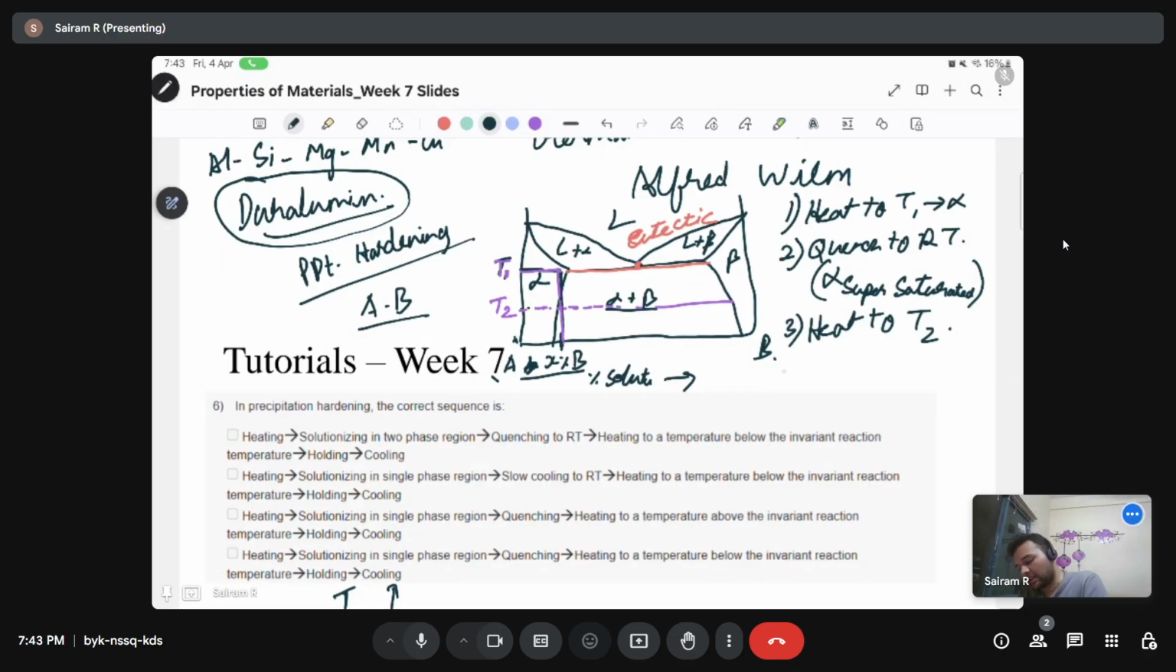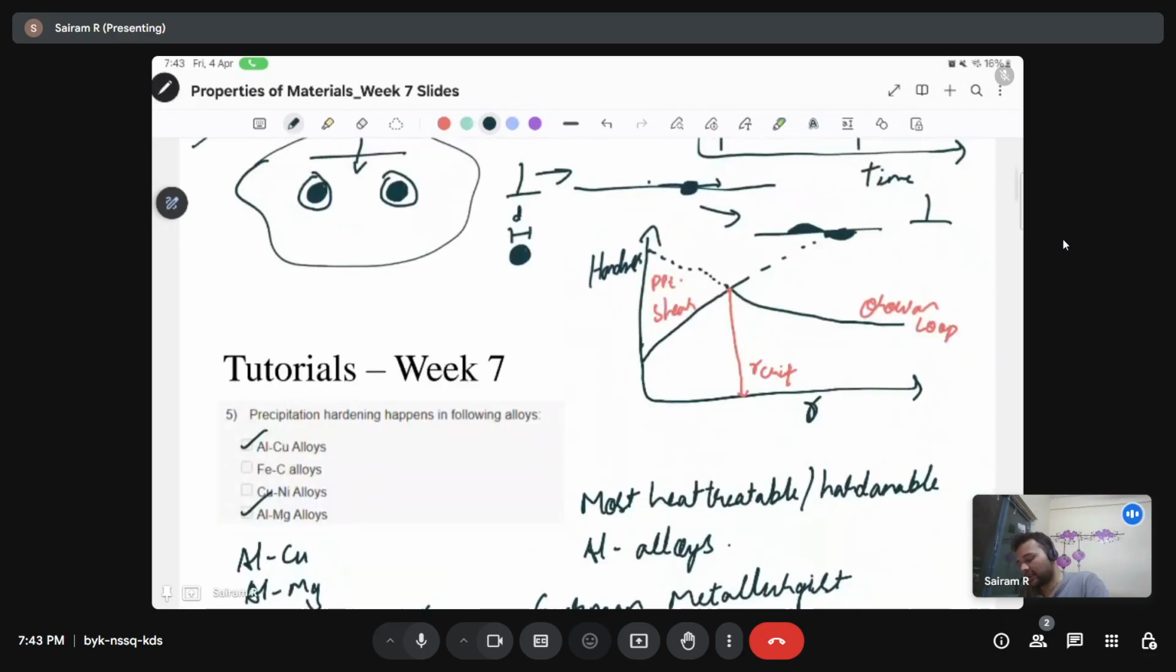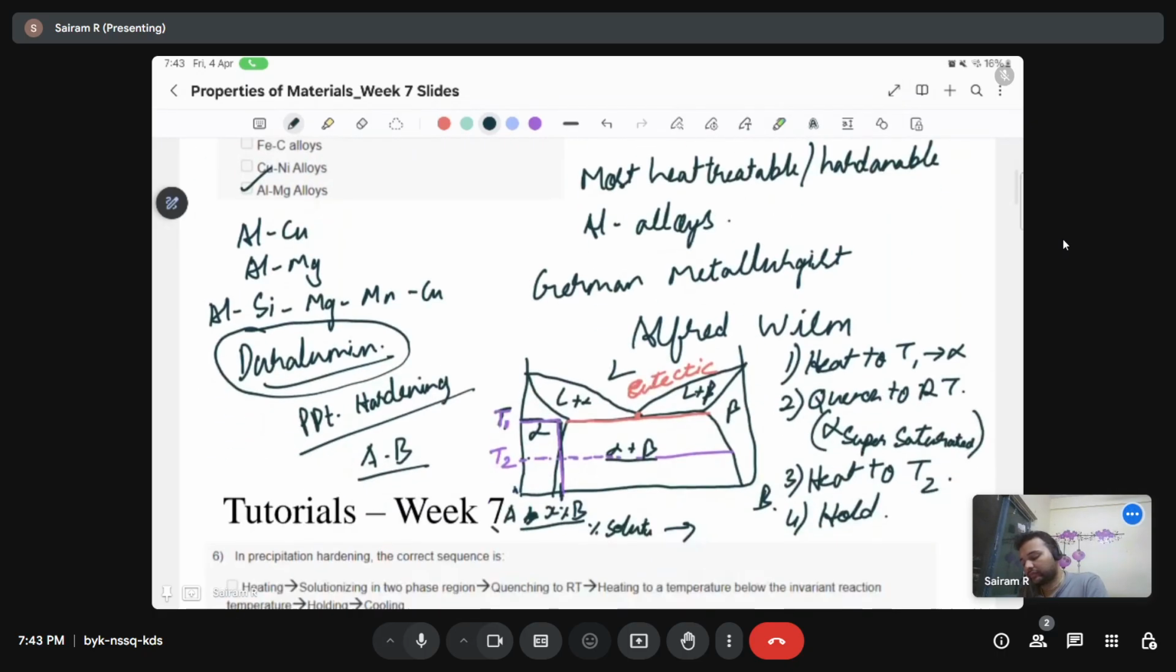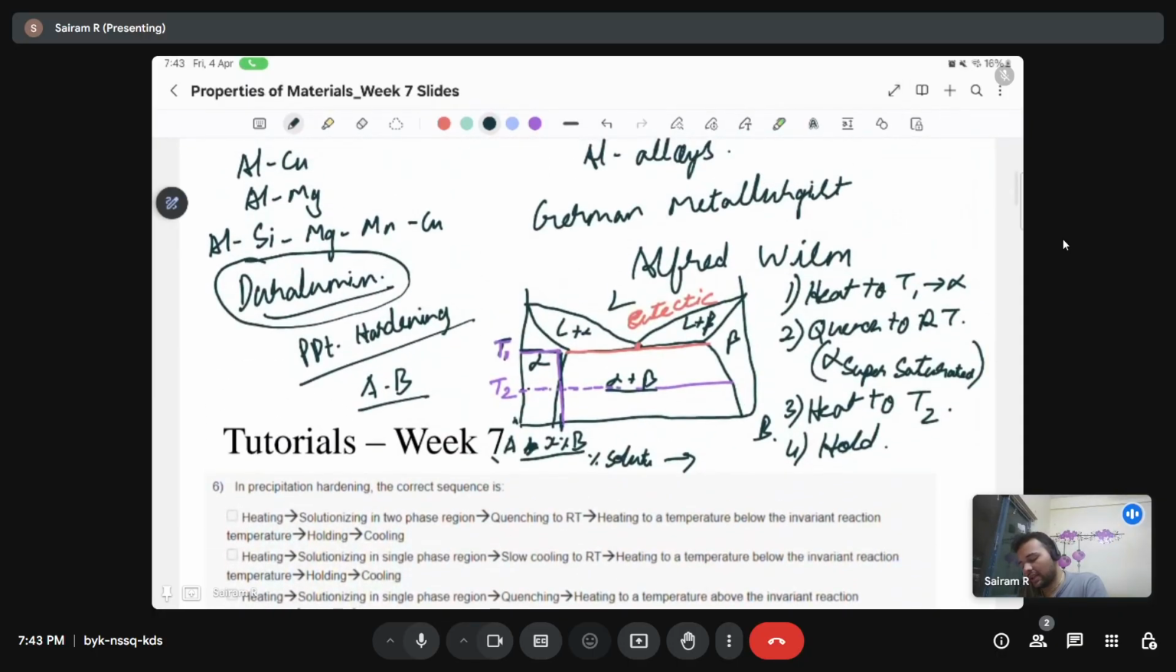T2. I'll hold for some time for my precipitates to grow to the right size, because as we discussed over here, it is a time dependent growth of my precipitate. So it depends on time and the temperature. So heat hold for precipitate growth to appropriate size, because as we see,